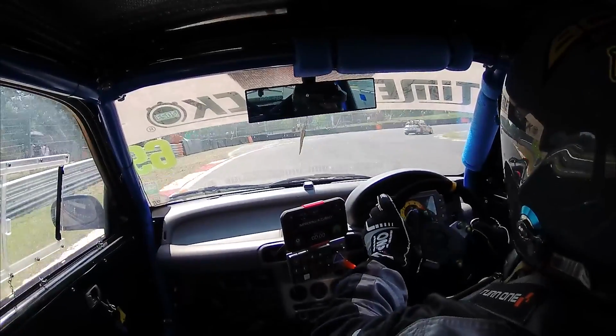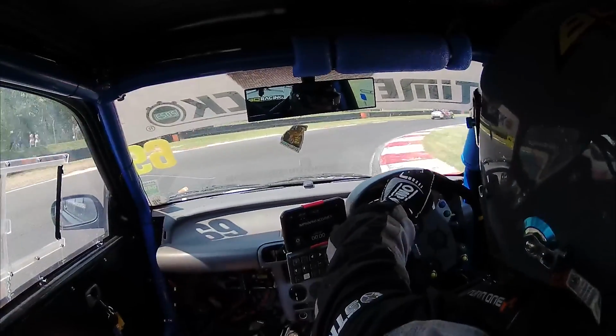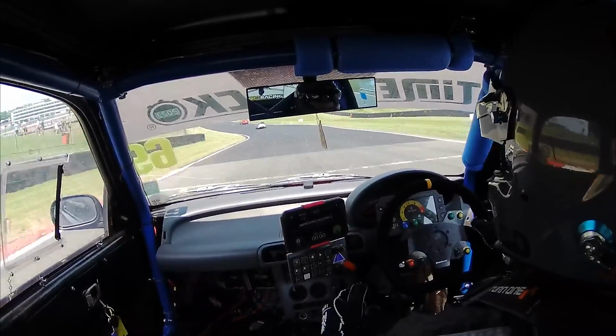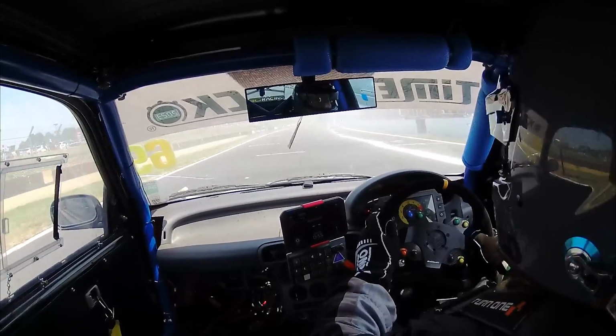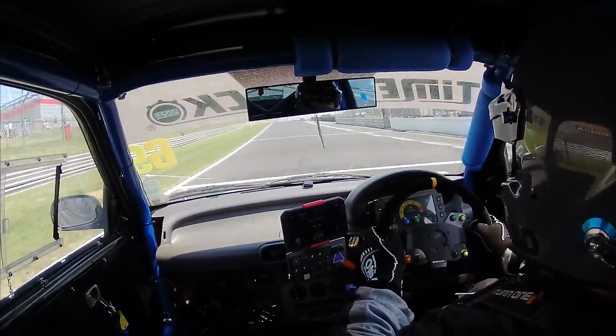Never had an issue with the oil, with temperatures and stuff, so might be a case of a mislabeled bottle, I don't know. But I'll be sure to get in touch with Miller's and see if we've got some sort of resolution on that. So just driving through the cement dust that was placed down after Ilya grenaded his engine